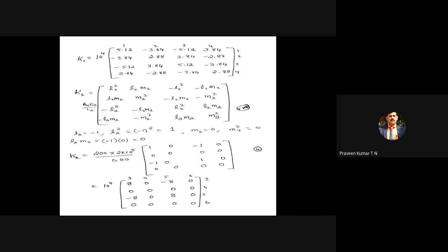Now transfer all the values. K1 you have to transfer to the global stiffness matrix. For K1, only 1, 2, 3, 4 exist. And K2 you have to start from 3, 4, 5, 6. After combining that, it is the same as the bar element, or the beam, no different. So then finally we get the global stiffness matrix. For the second element, it starts from 3, 4, 5, 6. That's why you start from 3, 3.